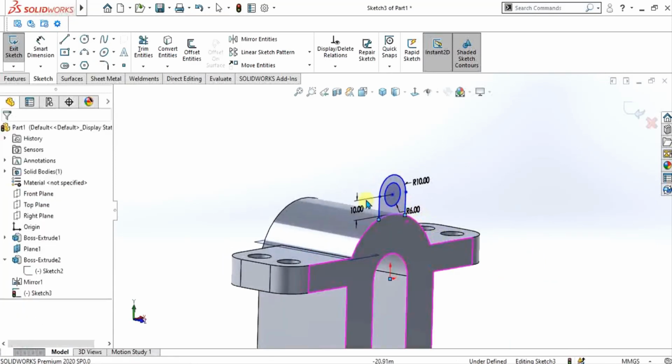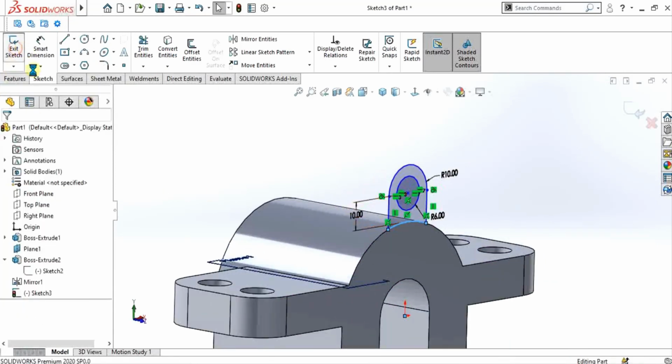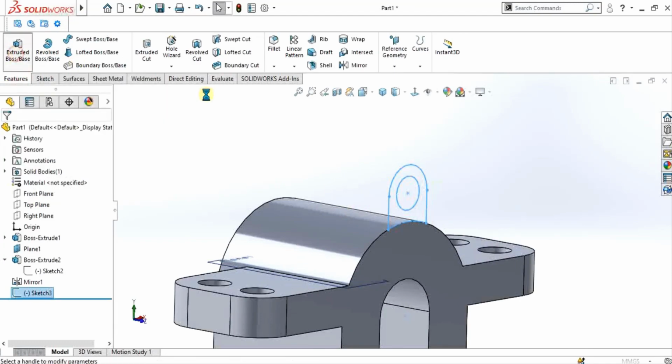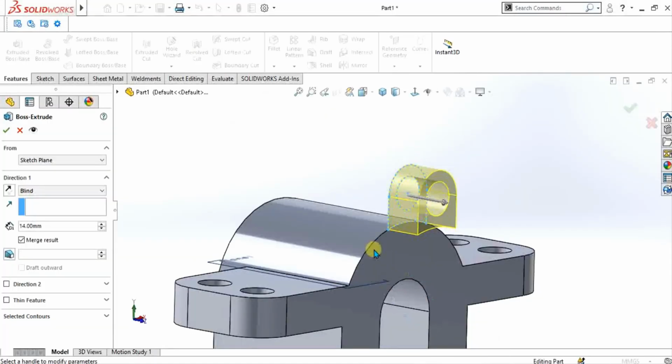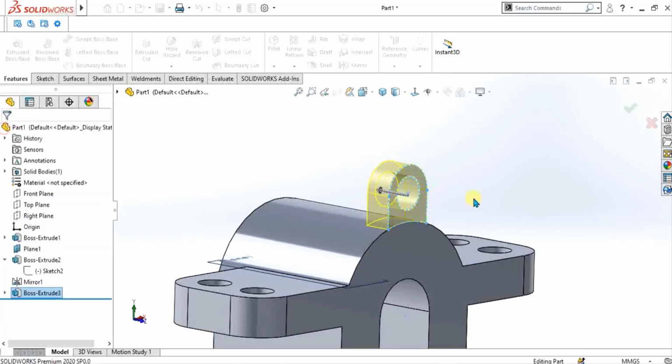So you can see that our sketch has been closed. Go to exit feature, go to extrude boss base, and from here you can see the depth of 10. Give the depth of 10 here like this and merge the body, then OK.